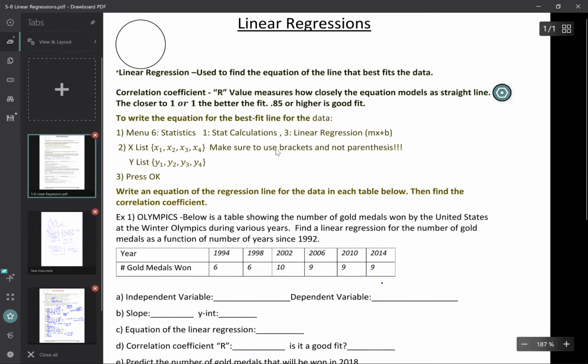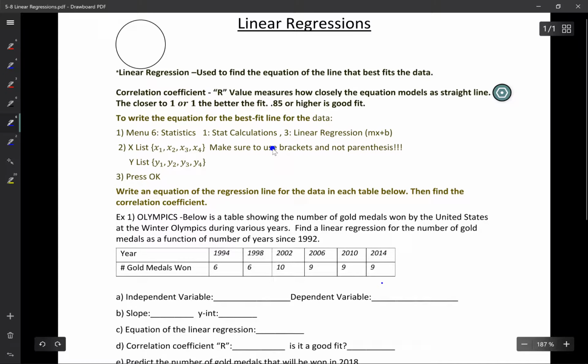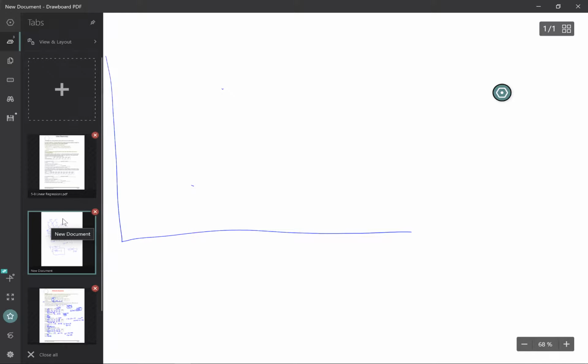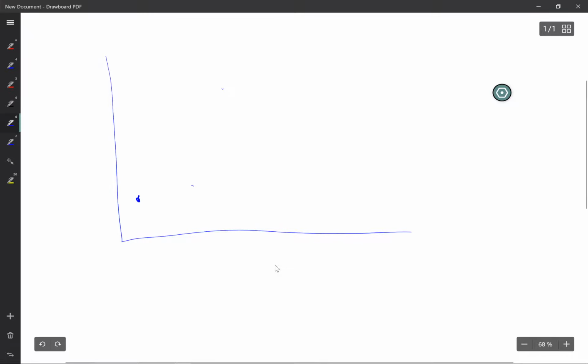Today we're going to be talking about linear regressions, which is a big word for a pretty simple concept. In today's lesson, we're going to be dealing a lot with XY coordinates, some data that can be represented by XY coordinates. If I took those XY coordinates and graphed them on a coordinate plane,